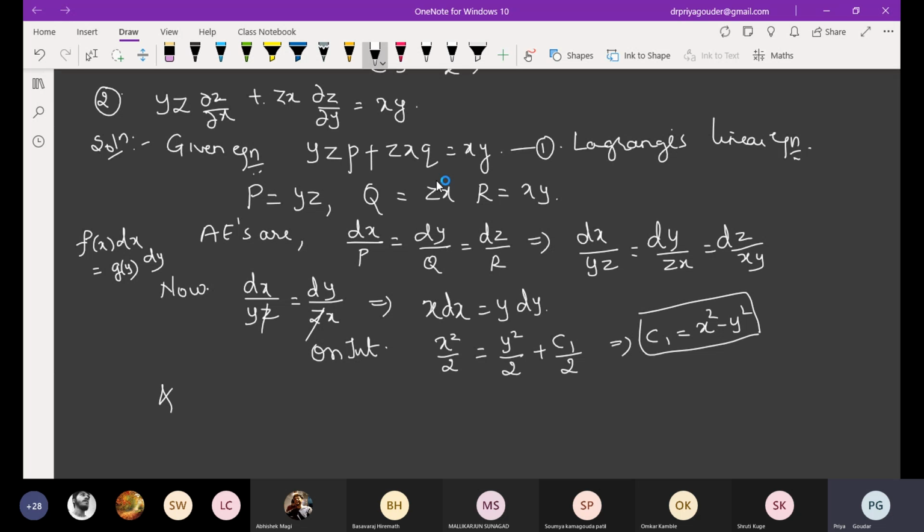Similarly, now can I choose second and third? We can. Even you can choose first and third also, no problem. But don't choose the same set. What can be done here? Tell me the simplification.